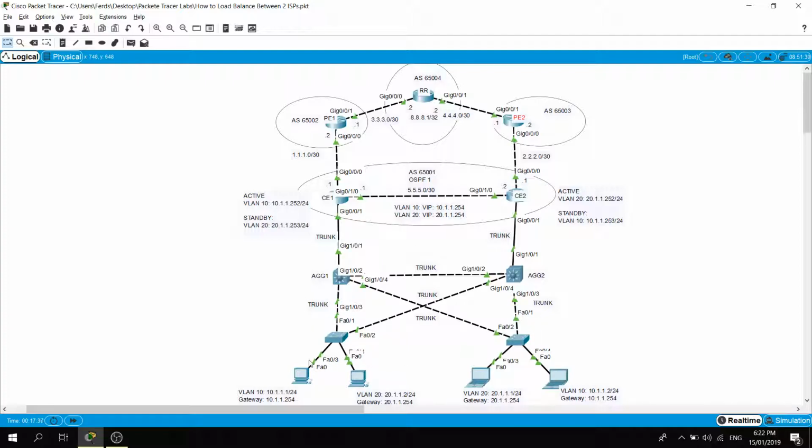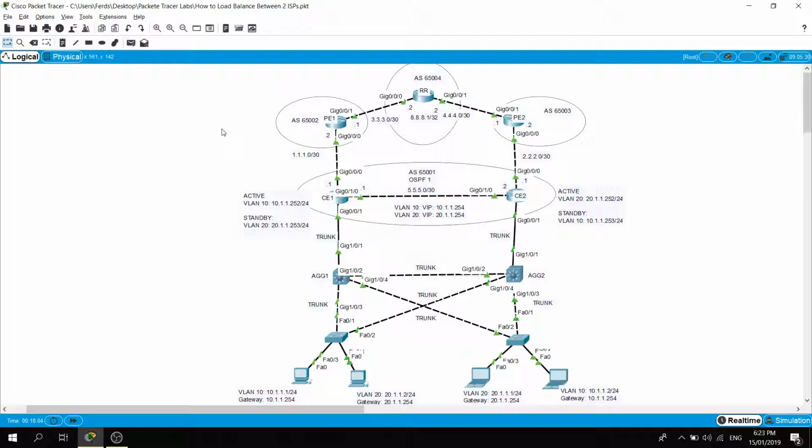And of course the links here are all access links, configured as access ports going to the hosts. So basically I have two VLANs. I have VLAN 10 and 20, and